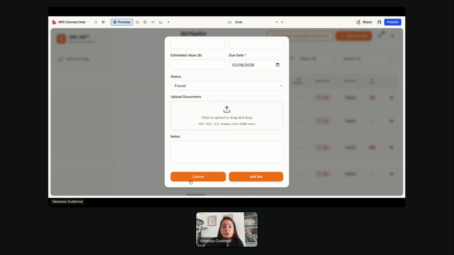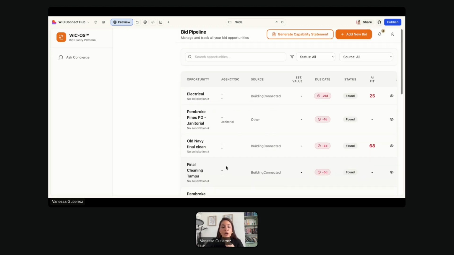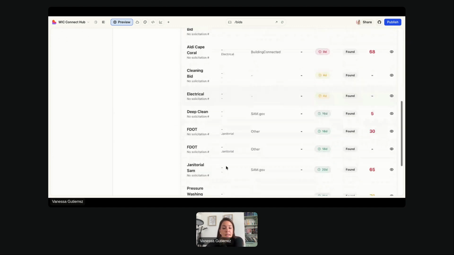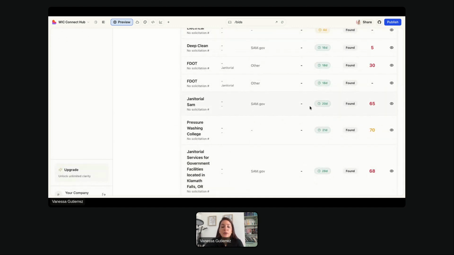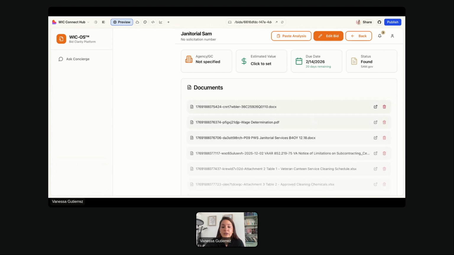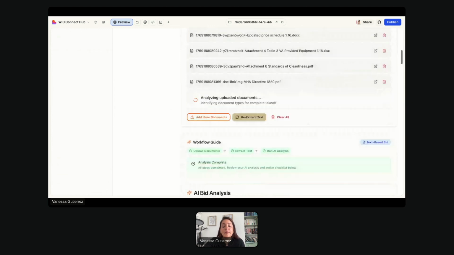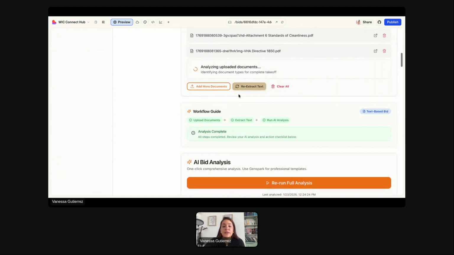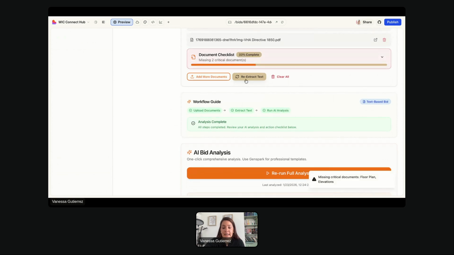Since I'm showing you in a bid that I already uploaded, let me show you here. As soon as you upload the documents, it's going to take you to your dashboard. And all you're going to do is click on the view details. As soon as you come to the view details, you're going to press re-extract text. If you see missing critical documents, that means that when you are submitting a bid for final cleaning, post-construction, drywall,